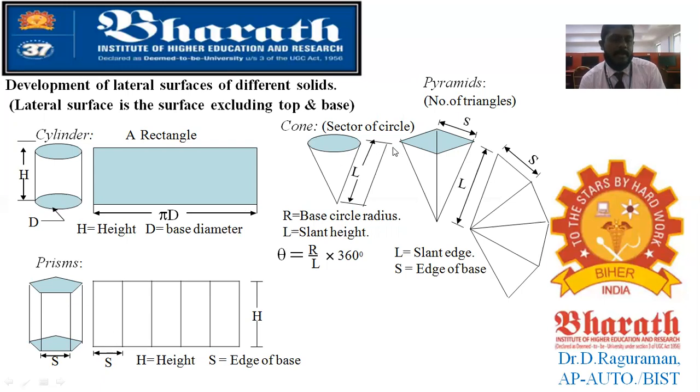If it is a pyramid, you will have triangular surfaces. For a prism, it forms rectangular surfaces. So you can see 1, 2, 3, 4, 5 rectangular surfaces. While unwrapping the lateral surface, you get 5 rectangular surfaces. If the entire development is drawn, you attach the base at the bottom of any of the rectangles, and the top surface you can join at any one of the straight line edges.